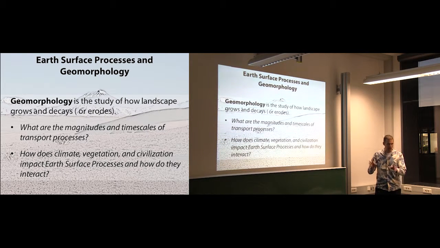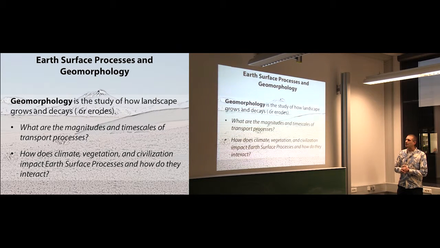In other words, we have natural processes that occur, climate, glaciers, big rainstorms that shape the landscape, but we also ourselves shape the landscape. And some people argue that our imprint on the Earth's surface is bigger than some of the natural processes, but that's something that needs to be discussed. So it sounds simple, but what the major problem is with geomorphological studies is that